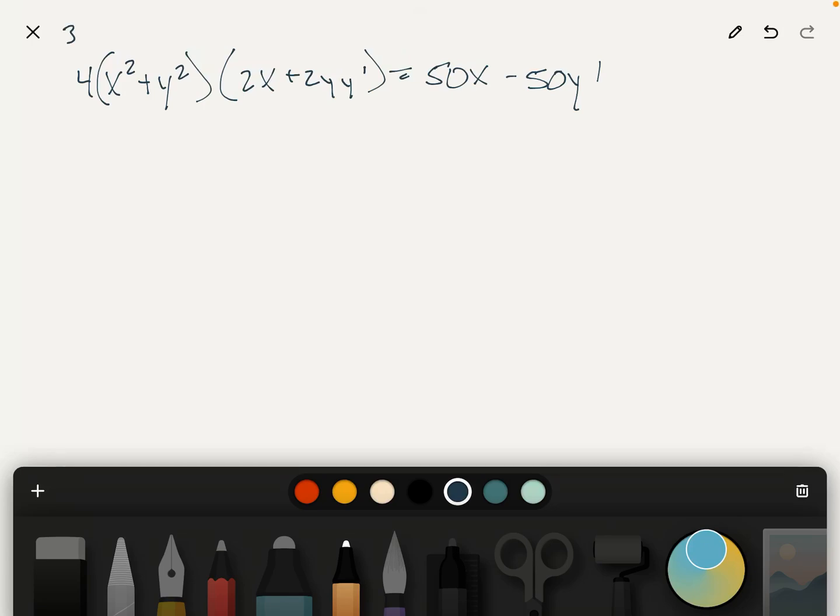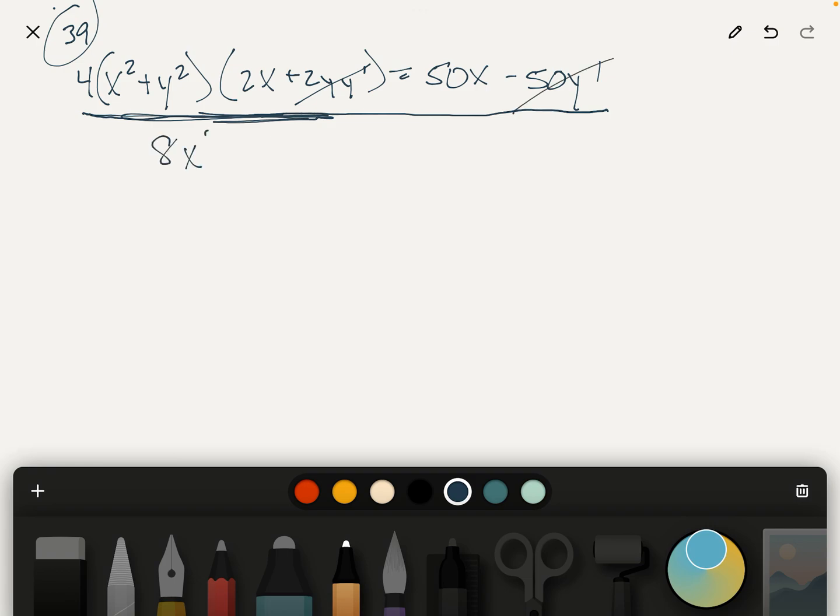All right, 39 is kind of tricky. But referring back to problem 27, you'll remember that when we did implicit differentiation, we got to this point. And now that we know that we want to set y prime equal to 0, we don't have to expand the entire left side of the equation. We can just substitute for y prime right now, and this term will drop out, and this term will drop out, and we'll be left with 8x cubed plus 8